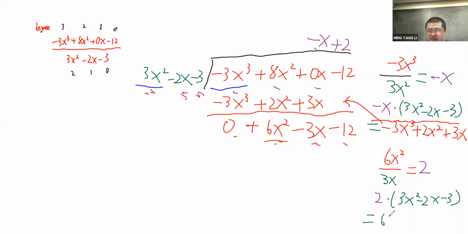And this is 6x squared. 2 times 3 is 6. 2 times x squared, and the variable part is x squared. Next is 2 times negative 2x, so it's negative. Sorry, I always forgot to change the color. So just now we calculate this is 3x squared minus, then 2 times 2 is 4, negative 4 times x. 2 times negative 3 is negative 6. So that's it. Again, we got the multiplication, then we just copy the result